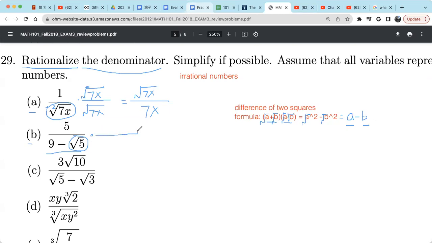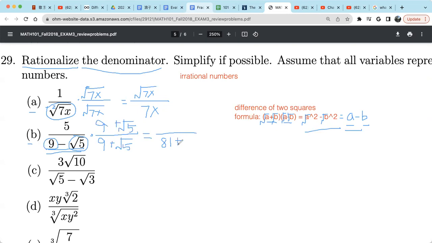So we want to multiply by the conjugate of 9 minus square root of 5, which is 9 plus square root of 5. And we'll do the same thing for the numerator. 9 plus square root of 5. Then the denominator, we don't really have to calculate it. We just use this expression, okay? Just use this expression. In this case, we have 9. So we have 9 squared. 9 squared is 81